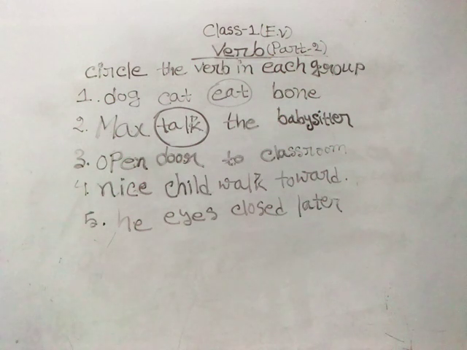So if you are doing anything, if you are moving, or if you are making it yourself, that means surely you are working. You are in a specific action. So if you are in a specific action, if it is about a kind of activity, that means it is a verb. It is undoubtedly a verb. So here our desired verb is what? The desired verb is open. So we need to make a circle over open.